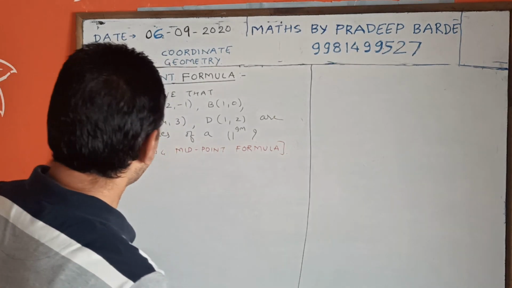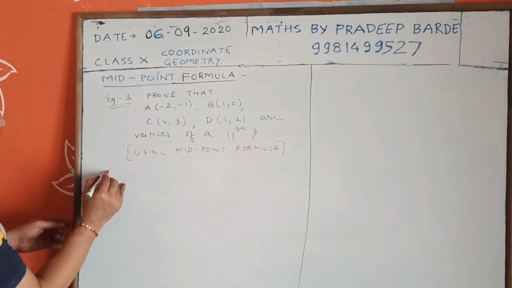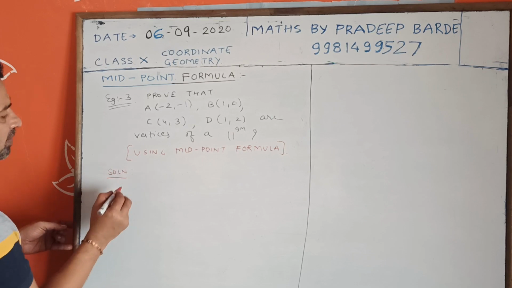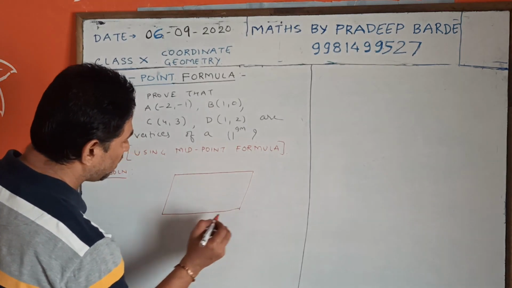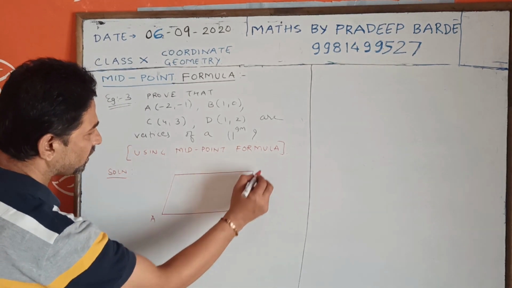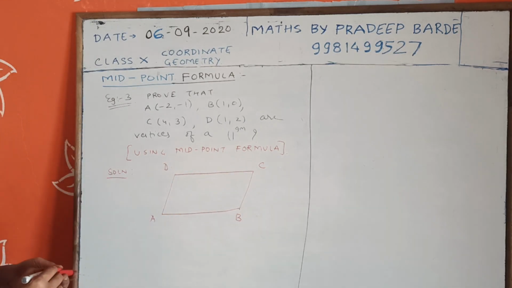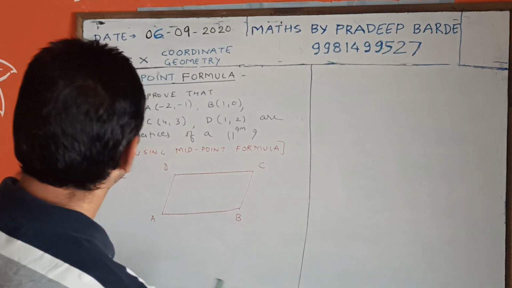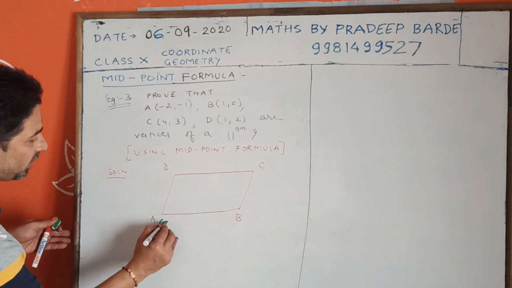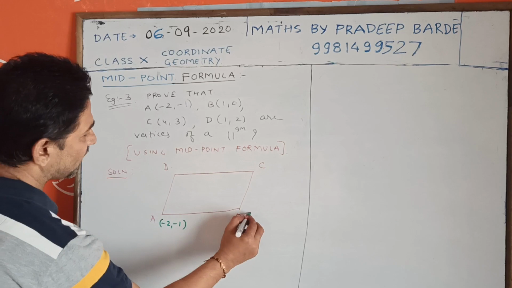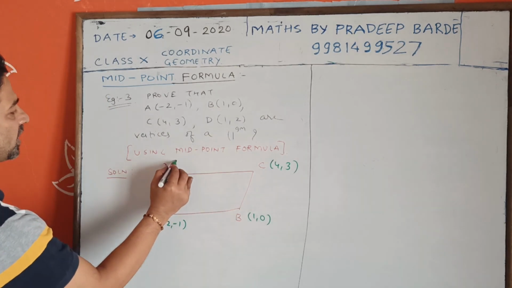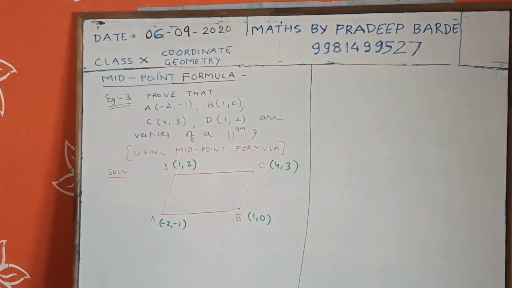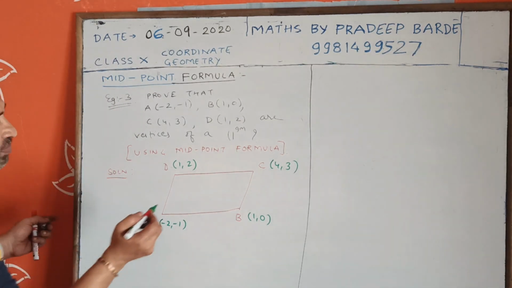So here what we need to do using distance formula, तो इस कंडीशन में हमें यहाँ पर जो कॉन्सेप्ट लगाना है, पहले हम फिगर बनाएंगे बच्चों, which is very important from your point of view, क्योंकि यदि आप फिगर बना लेते हैं तभी आप आइडेंटिफाई कर पाएंगे कि अपोजिट वर्टाइसेस कौन से हैं. तो A के वर्टाइसेस है -2, -1, B के वर्टाइसेस है आपके पास 1, 0, C के वर्टाइसेस है 4, 3, और D के वर्टाइसेस है 1, 2. Now here when we are using the distance formula, we will use the concept that